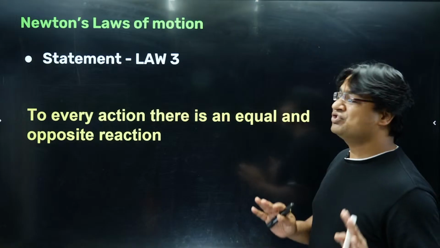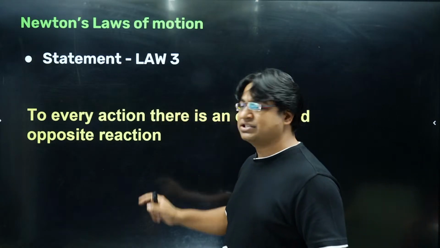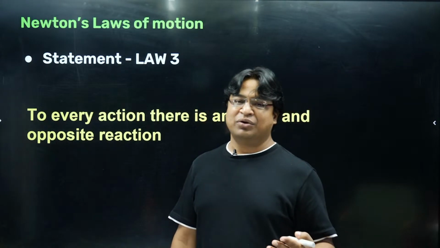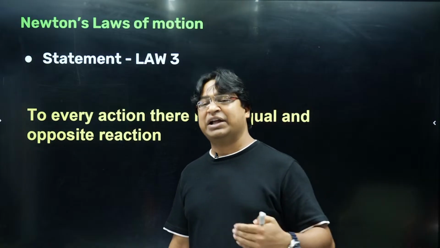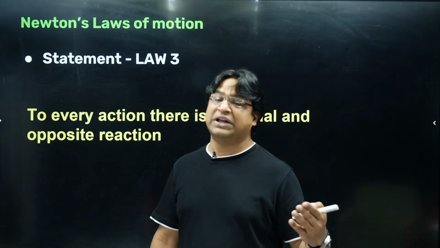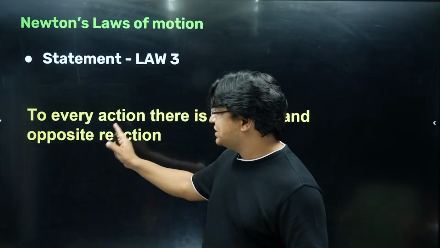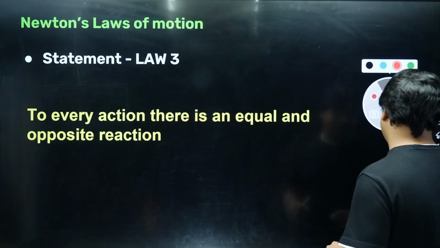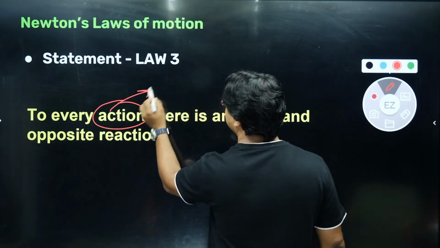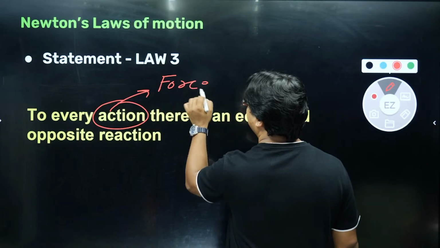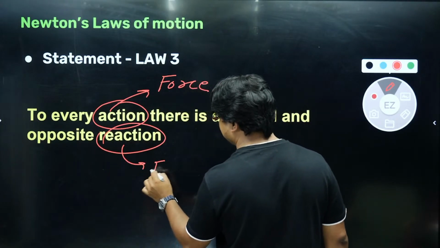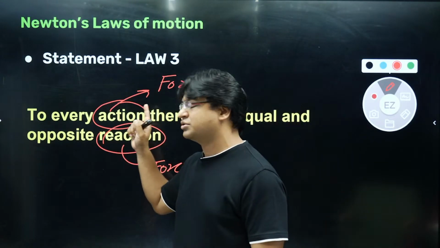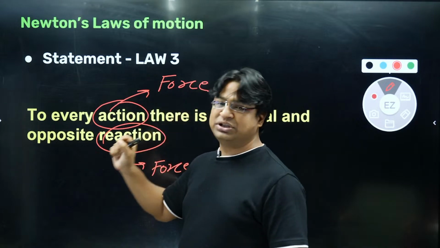If at all you have been given such an example, guys, when we say action and reaction, we do not mean an act. We do not mean an event. We are not saying that whenever an event happens, something happens as a result of that event. No, we are not saying that. Action and reaction, both these words in this statement, refer to forces. Nothing else. The action here refers to a force and the reaction word here also refers to a force. It doesn't refer to anything else. This is not velocity, this is not momentum, this is not energy. Action and reaction, both refer to forces.